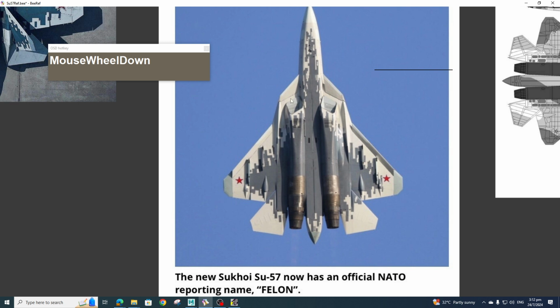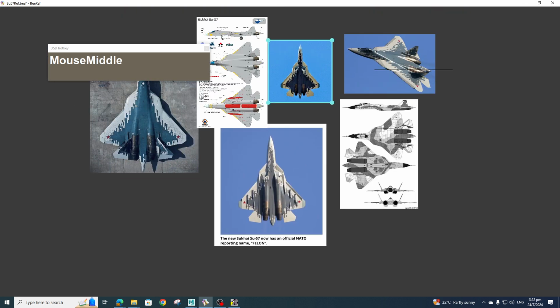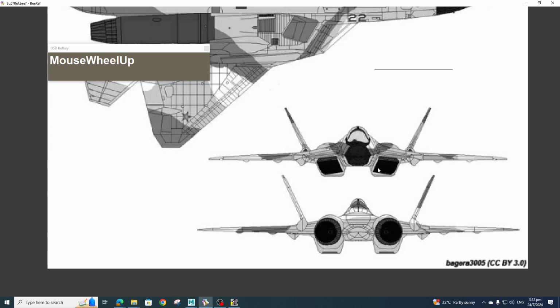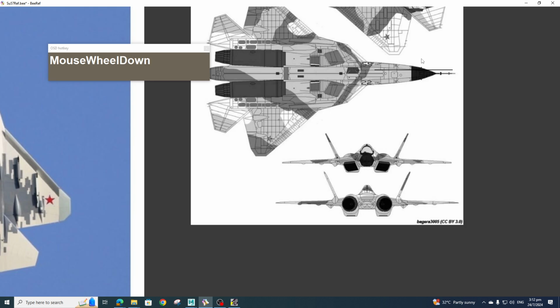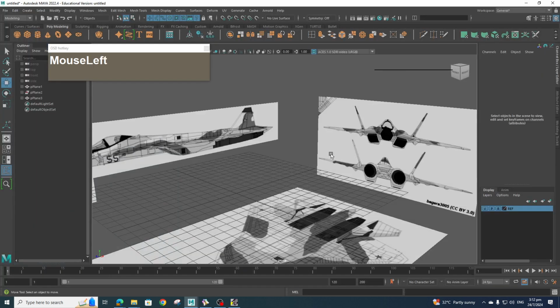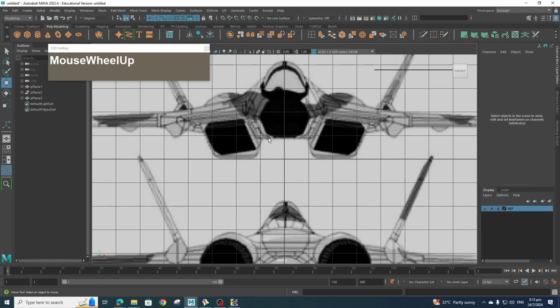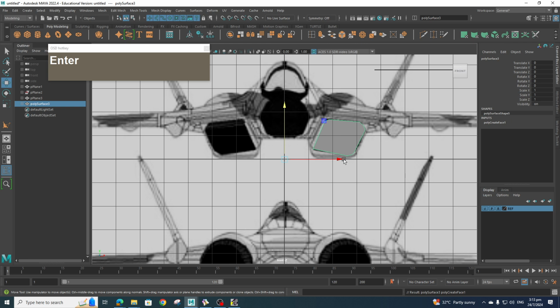Okay, we know that this is a square shape when viewed from the front. Okay, a diamond shape like that. So we're going to use the create polygon tool to create one shape from the front view. I'm going to use the shift right mouse click, use the create polygon tool, and I'll just create the exhaust. Okay, then there's a slight curve here. I'm going to model that in, and then press enter. So this is like the cross section of the